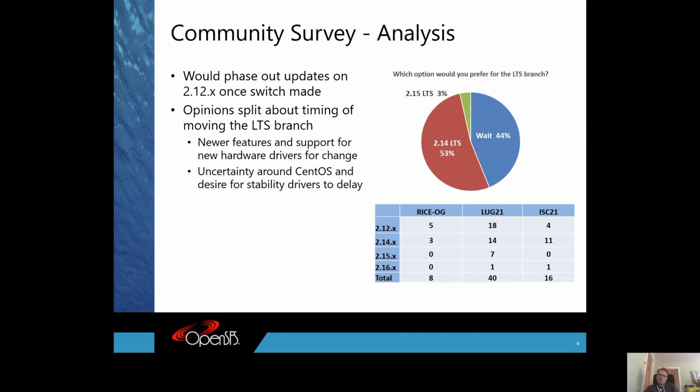Generally, there are people who were keen to adopt new features or had particular interest in newer hardware that required newer kernels for their storage servers, so they were keen to see a stream of maintenance releases coming out on a version that would work for that. On the other hand, there are people who were always disinclined to move too quickly to a newer version and would rather stay and have production stability. And that was compounded by some recent changes announced for CentOS. Subsequently,